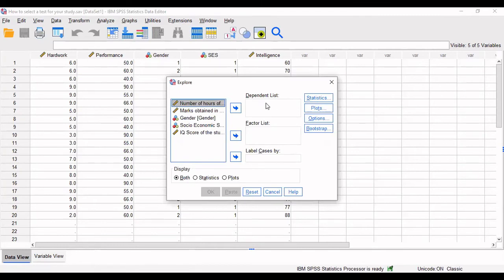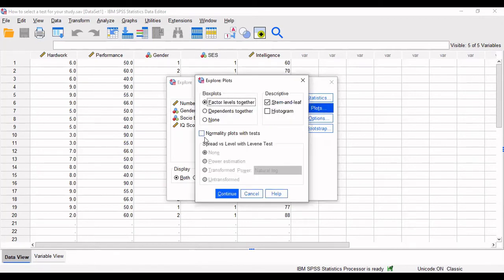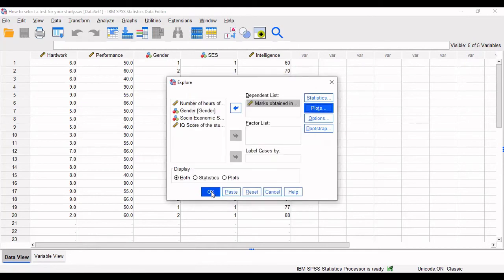Here there is a box which says Dependent List. Here you want to move your dependent variable. So in our case, it is performance. Then go on Plots. Here you can see there is a box that says Normality plots with tests. So you need to check this box, click on Continue and click on OK.